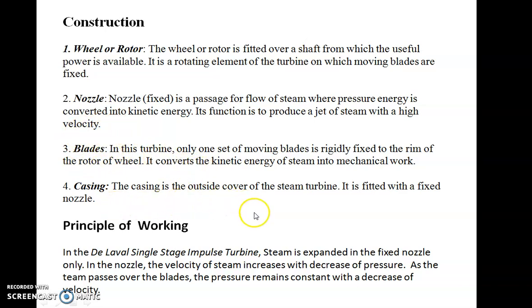Casing: the casing is the outside cover of the steam turbine, and it is fitted with a fixed nozzle. So nozzles are fitted to the casing, fixed blades are fitted to the casing, and moving blades are fitted on the rotor. Fixed blades or nozzles are not moving, but the rotor blades, or moving blades, are moving. Principle of working: in the De Laval single stage impulse turbine, the steam is expanded in the